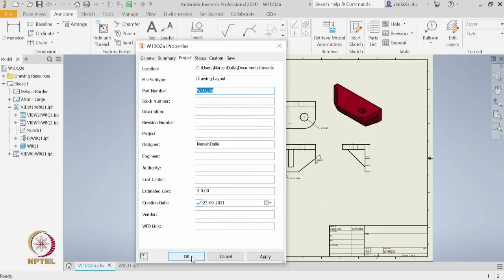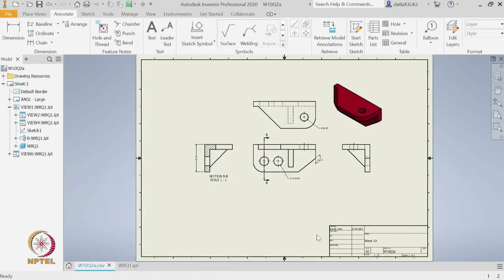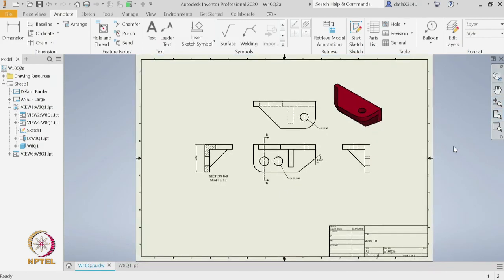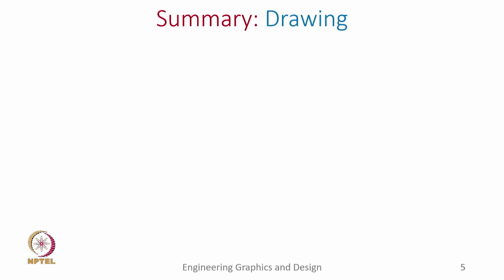So, let us click OK. We have entered the title which is reflected here. Okay. So, this should give us an idea about how to also edit the title block based on the work environment we are at. So, in summary, what we have looked at in this lecture is we have started from a solid